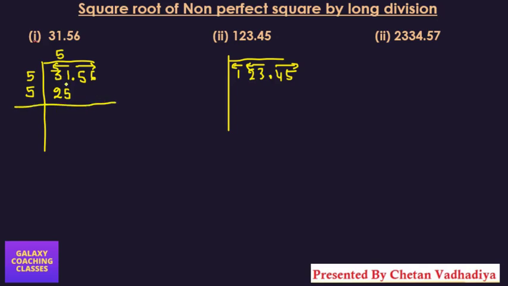Now what you need to do? Now here again you need to subtract. That is simple. But here you need to add, guys. This is so important, so please keep in mind, here we need to add. As I told you, these are pairs, so every time we have to take a pair only. So now 656. Now after the point, these terms are there, so we are going to take a point here also. If we are taking a number after the point, then here also we need to keep a decimal.